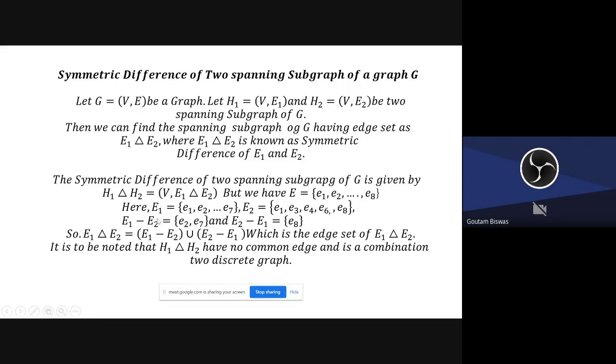That means in E1 minus E2, you have to omit those elements, you have to keep those elements of E1 which is not an element of